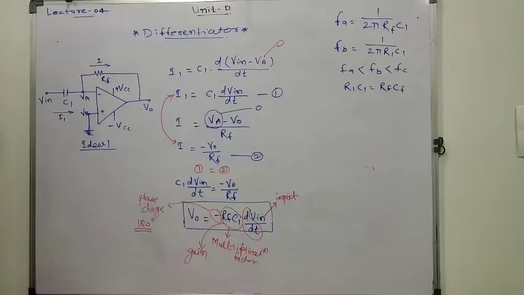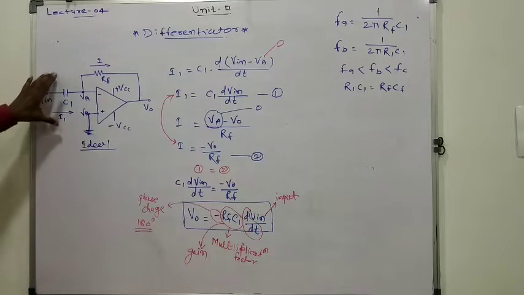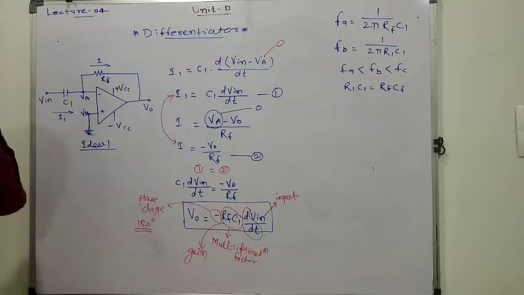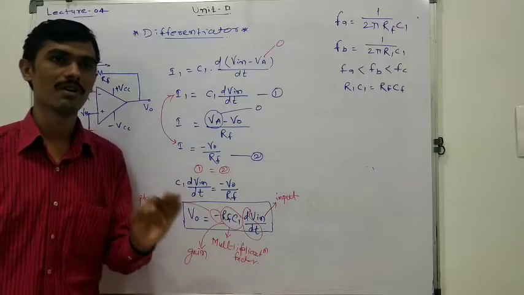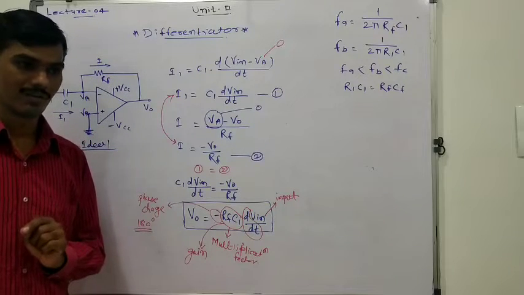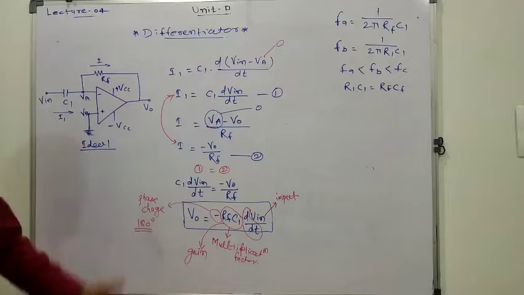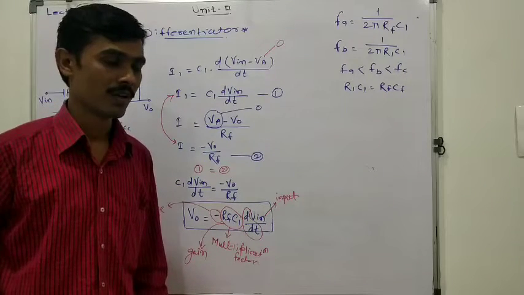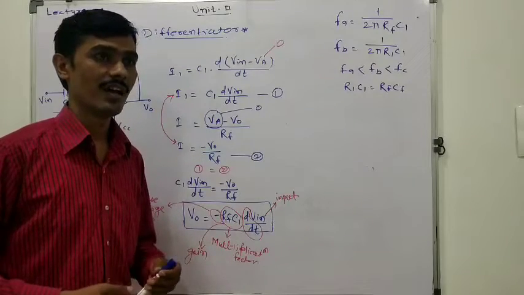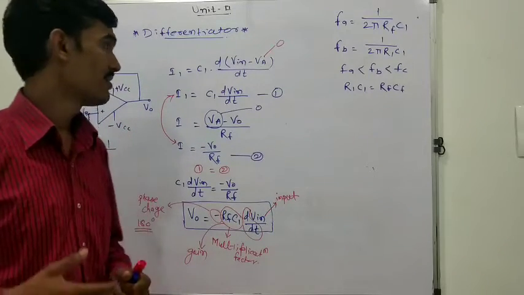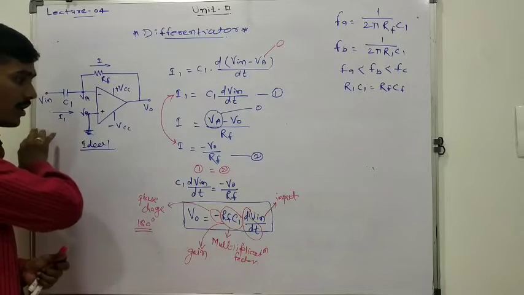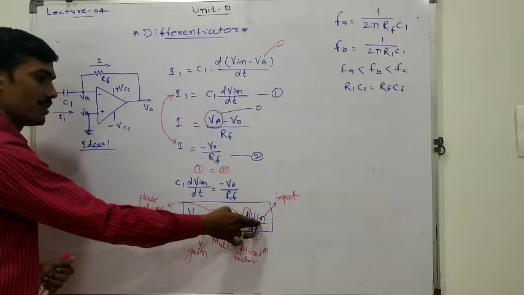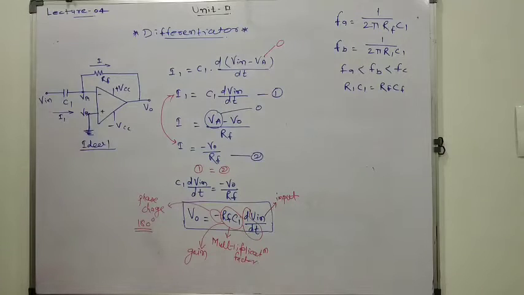Now there are some problems while using this type of differentiator circuit. Generally this ideal differentiator circuit will work on all frequencies starting from 1 Hz up to kilohertz or megahertz. But at high frequency there are some problems. At high frequency it is possible that noise will be introduced, and if noise is introduced, what happens? The noise will overcome the differentiation of the input signal. That is one of the disadvantages of the ideal differentiator circuit.